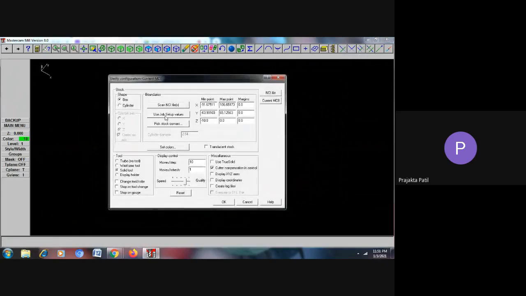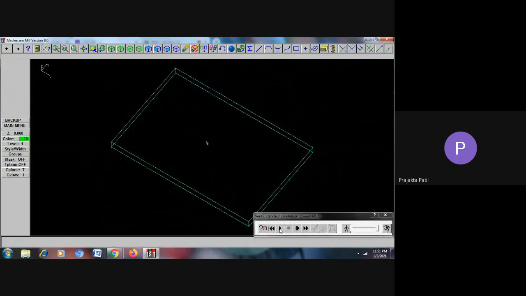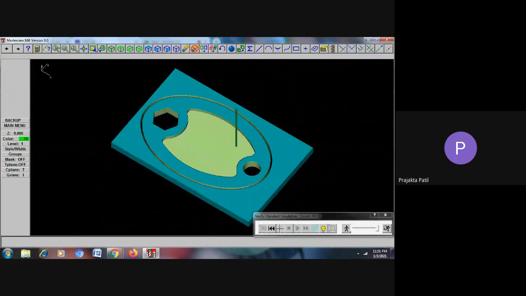But initially I will check if the job setup values are chosen or not, and I will do that once again. I will choose the use job setup values. I have clicked on this and I will say okay. Now let me play it. So this is the simulation of this particular geometry.